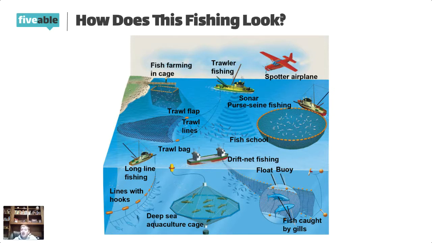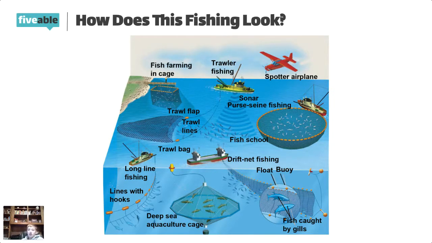So sonar fishing means that we use electronics to basically scan the deep sea like an X-ray to try to find fish, and then we'll use less hurtful types of trawl lines. We'll have little bags that we drag, but we only put them in certain areas to try to catch these fish. It's kind of more like a cross between driftnet and trawl, but you're using the sonar technology to look and see if you can find where the fish are, if you want to catch a specific kind of fish.